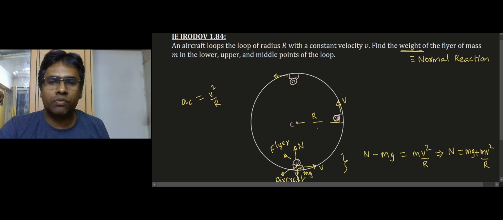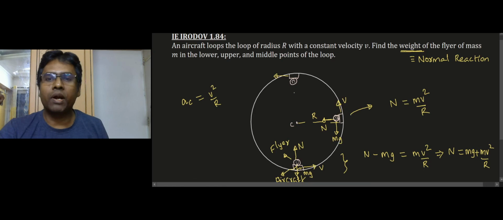Okay, so when let's say the flyer takes the aircraft till the midpoint here, the gravitational force acts downwards, so it has no component towards the center of the circle. So the normal force provided by the seat helps him, let's say, move around the circle. So at this position, the normal force is simply mv square over r.